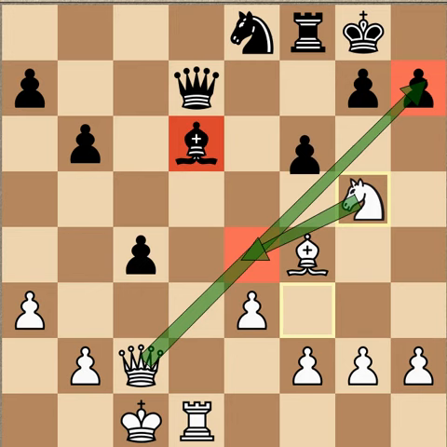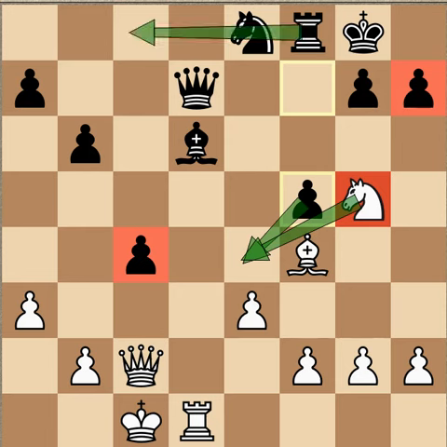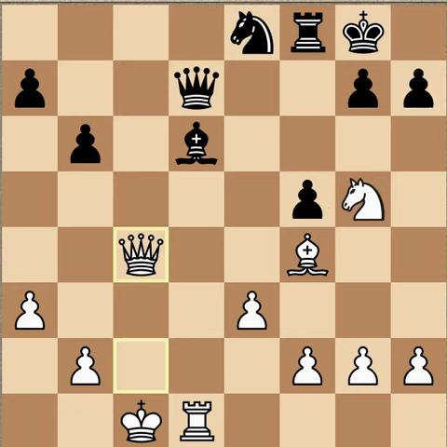So the only way to deal with that is play f5. f5 guards this square, right? So the knight on g5 can't jump in there, and it stops the mate. However, this pawn can now be captured with the check, and there's no way the rook can go over here now. So queen takes c4, and black is pretty busted here.